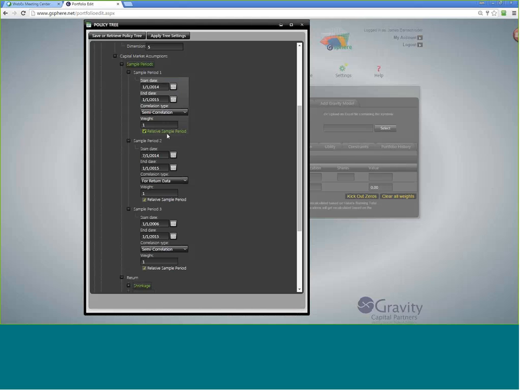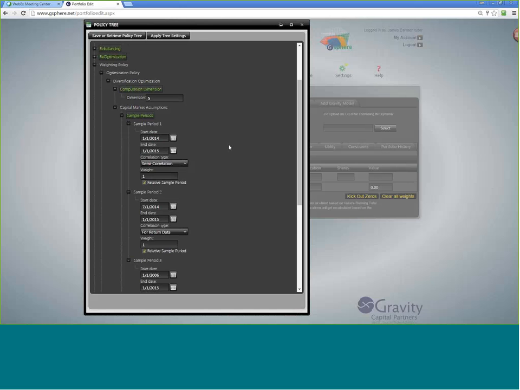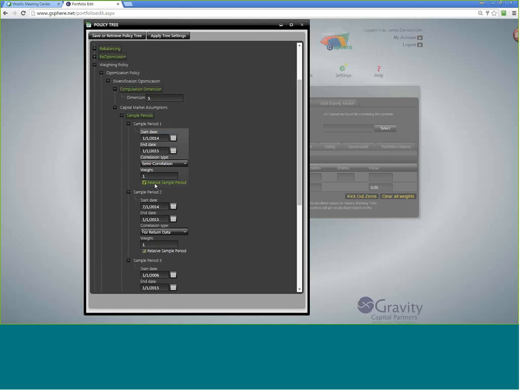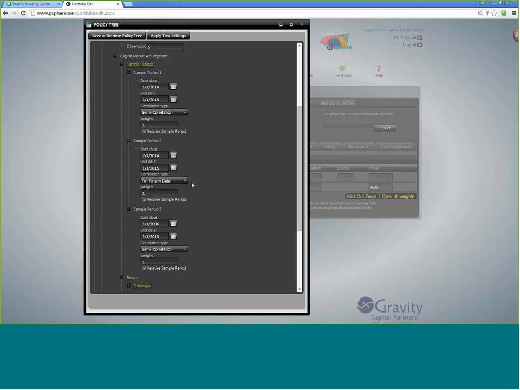We also support both relative and fixed sample periods. If a sample period is relative, it'll roll forward with time. So if I were to optimize this portfolio today, and let's say I wanted to come back and manually optimize that portfolio in another 3 months, if I have these checked as relative, my dates will automatically update. If it's not relative, it's going to anchor that sample period to a particular time, which can be very useful if you wanted to sample from an event-based period, such as a bear market or a particular event you believe